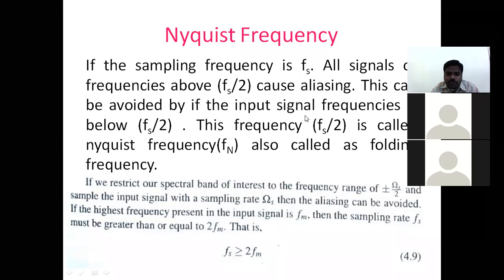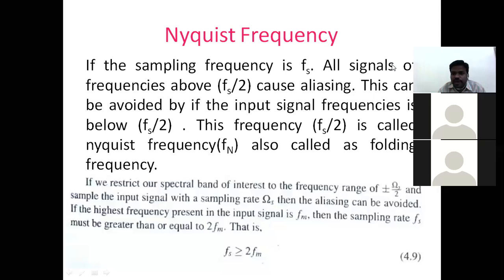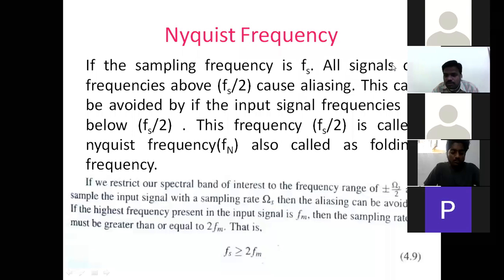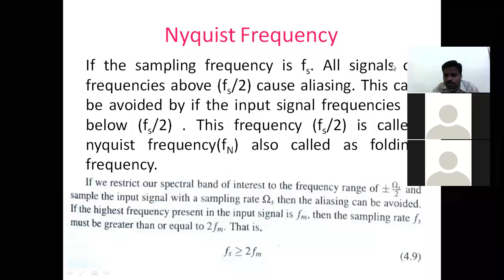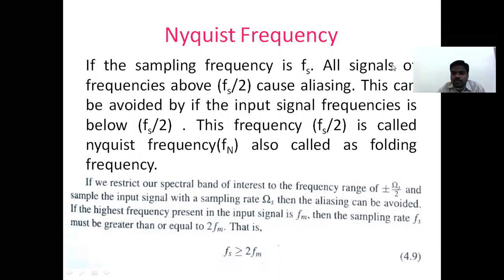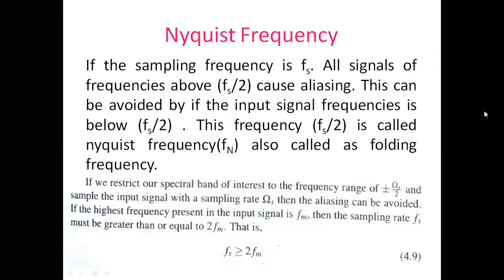Now see the last point I have mentioned here. If we restrict our spectral band of interest to the frequency range plus or minus omega s by 2 on the sampled input signal with a sampling rate of omega s, then the aliasing can be avoided. If the highest frequency present in the signal is fm, then the sampling rate must be greater than or equal to